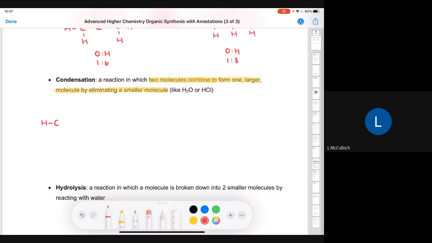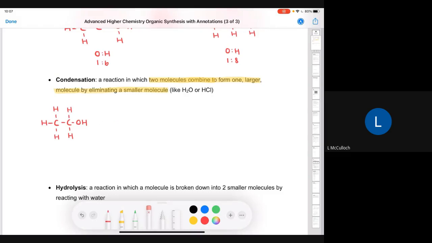So I'm going to look at ethanol, and I'm going to react this with propanoic acid. Now, when you're doing condensation reactions, it is 100 times easier if the two functional groups of the two molecules face each other, because it's the functional groups that are responsible for the reactions of a molecule. So when I draw propanoic acid, I'm going to draw it so that the carboxyl functional group, that C double bond OH, is facing the